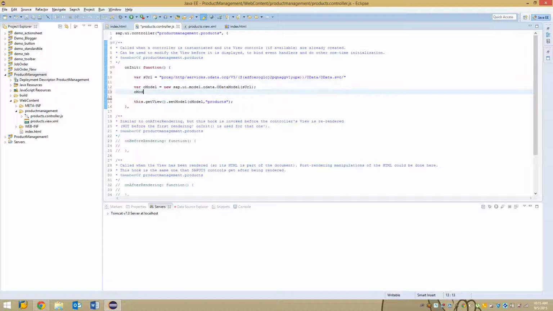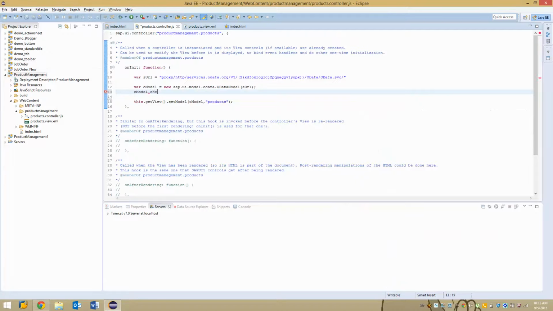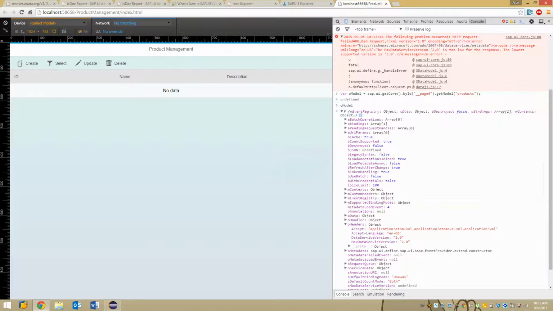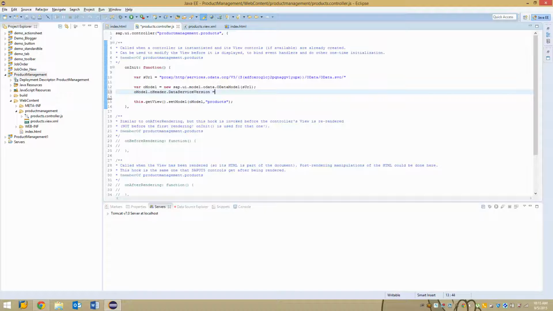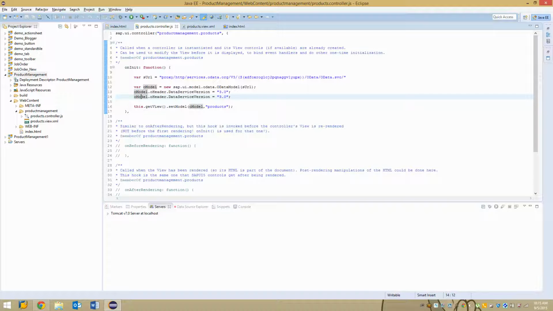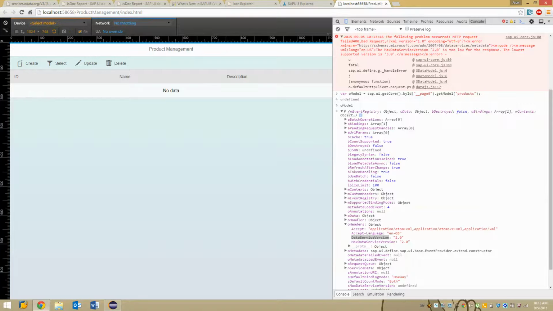So oModel.oHeaders.DataServiceVersion is equal to 3.0. So I'm just changing the header parameter here, and the max data service version to be 3.0. So now if I go ahead and execute my application,